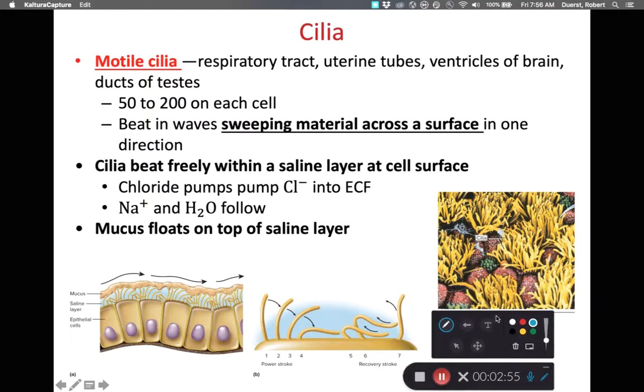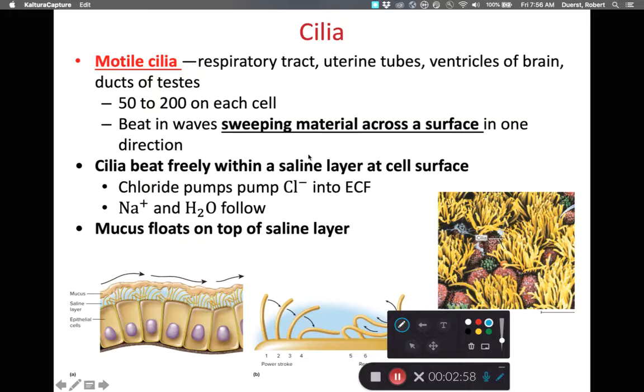As we look at cilia, cilia are here shown in this figure, and within human beings, cilia function to move a substance past the surface of the cell. If you've taken microbiology, you learn about how some bacterium use cilia as a form of locomotion. But as we look at these cilia, note first that there can be fairly numerous, that we have 15 to 200 per cell. These cilia will form beating waves,